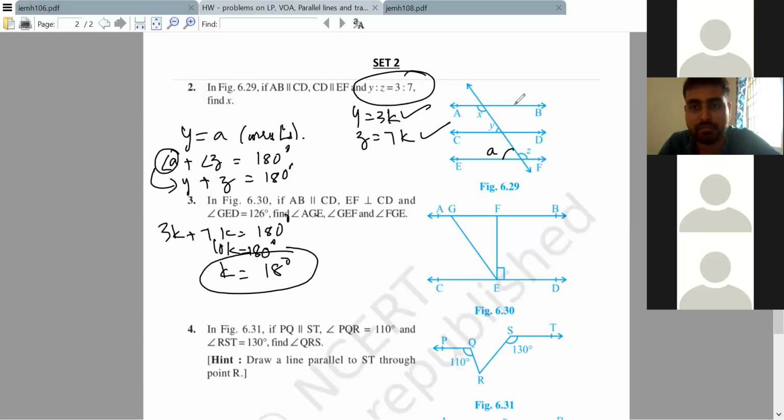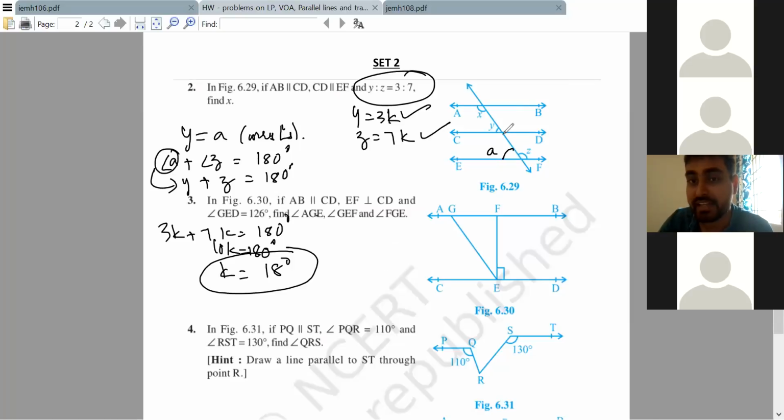Okay, go ahead, Manoj, you want to tell? Alternate interior angle, sir. Where do you have alternate interior angle? Okay, first you will find this, then you will find this, you're saying? Sir, we found Y, no, sir. So with alternate interior angle, it will become near X. Okay, again one more thing. Directly, what can you use?